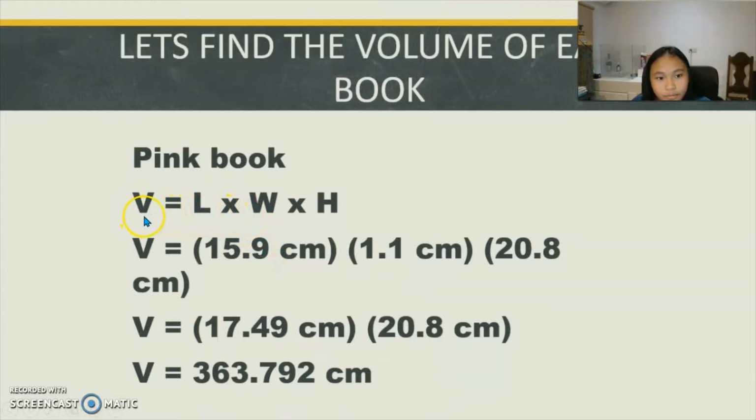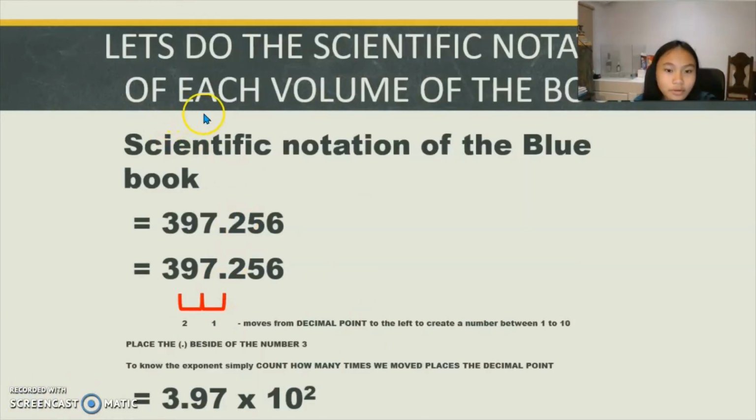So we're still going to follow the same equation, which is length times width times height. So 15.9 centimeters multiplied by 1.1 centimeters equals 17.49 centimeters. After that, we're going to do the same to the blue book, which is multiply 17.49 centimeters to 20.8 centimeters. So the result is 363.792 centimeters. Now that we're done solving both of the books, which is blue book and pink book,